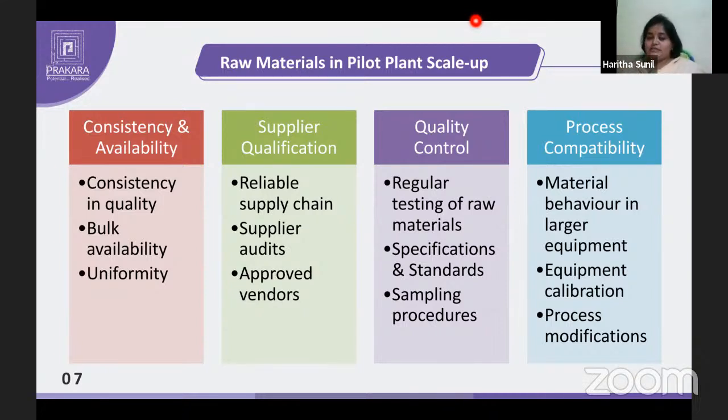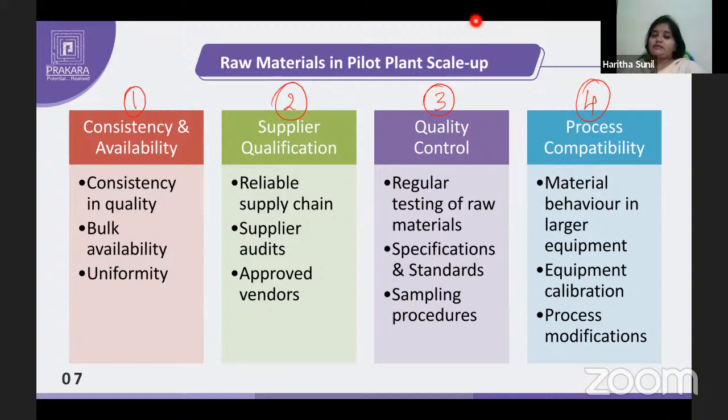Okay, so we'll be studying this under 4 headings: consistency and availability, supplier qualification, quality control, as well as process compatibility. Under consistency and availability, first is consistency in quality. This is the biggest challenge in scaling up, to ensure that the raw materials used in the pilot plant have the same properties and qualities as those that you have used